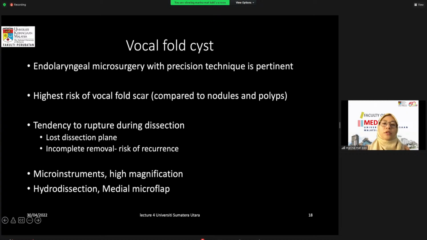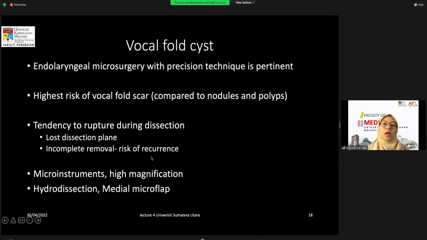And vocal fold cysts have the highest risk of vocal fold scar compared to nodules and polyp, because during the surgery, you have a tendency of losing the dissection plane because it tends to rupture. And because of this, there is risk of incomplete removal. So not only the patient may have scarring, the patient also would have a recurrence because there is incomplete removal